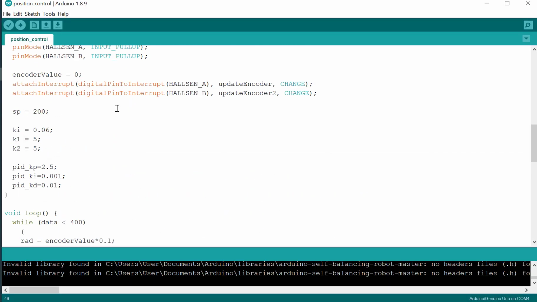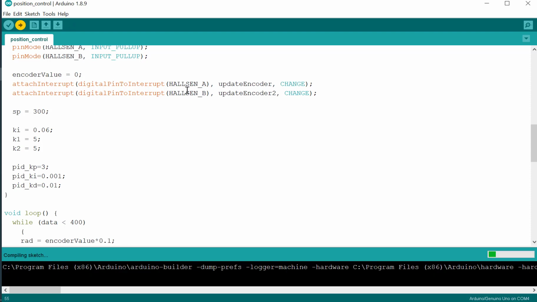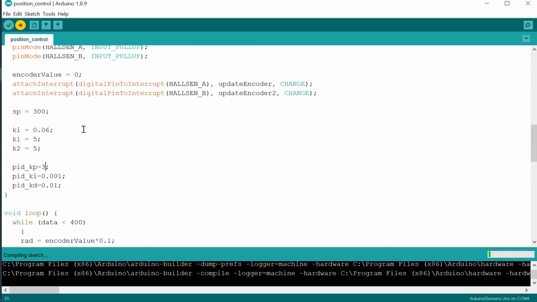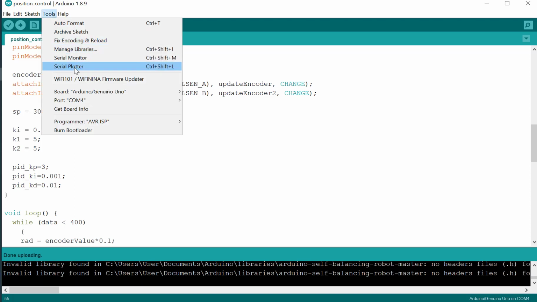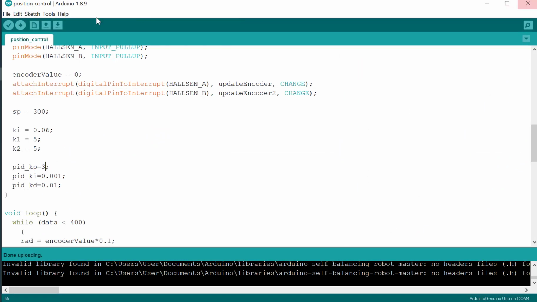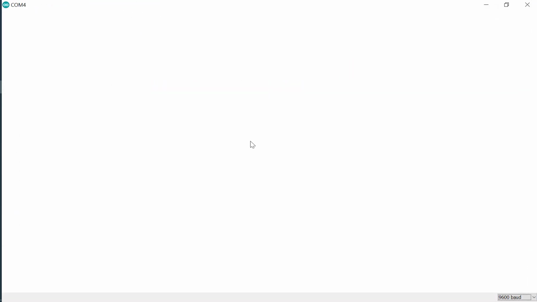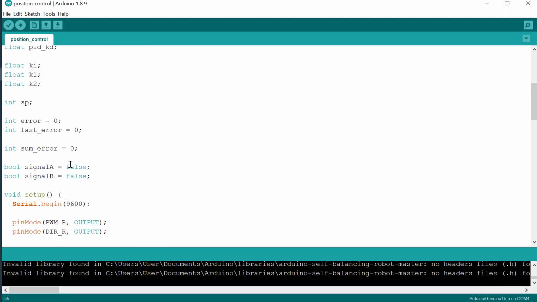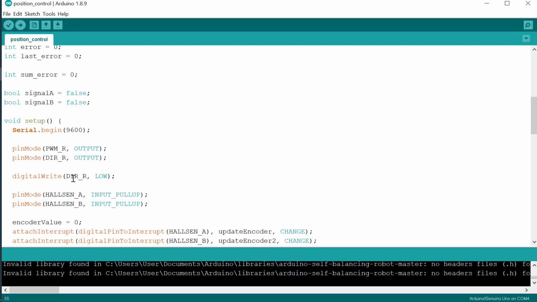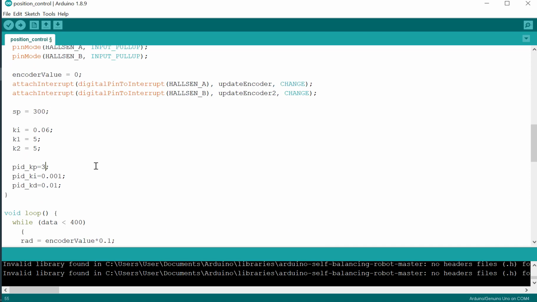Okay, perhaps we can increase the set point to be 200 here. So it will give 300 radian. We will start again. Okay, it does not reach the set point here, so we need to increase the controller value.